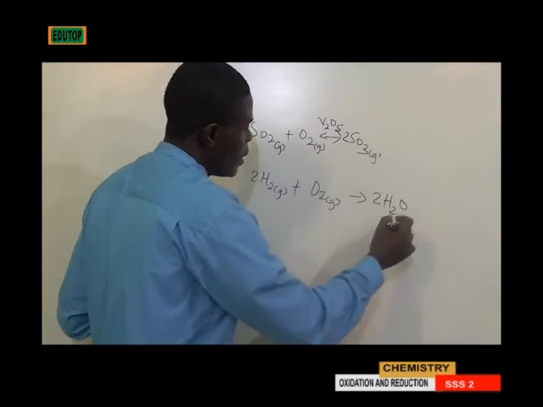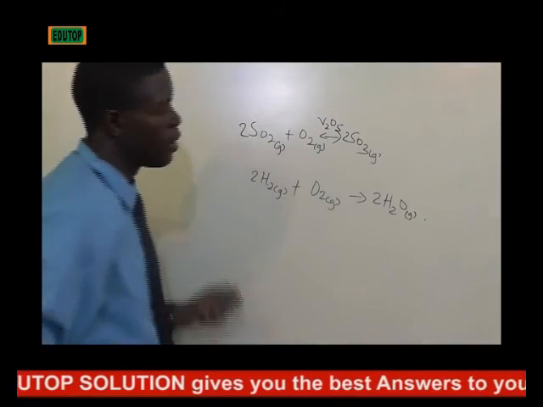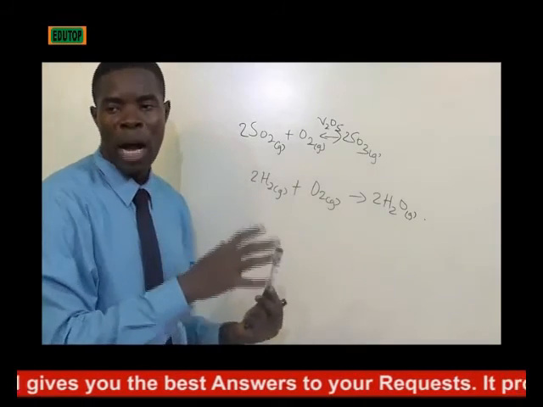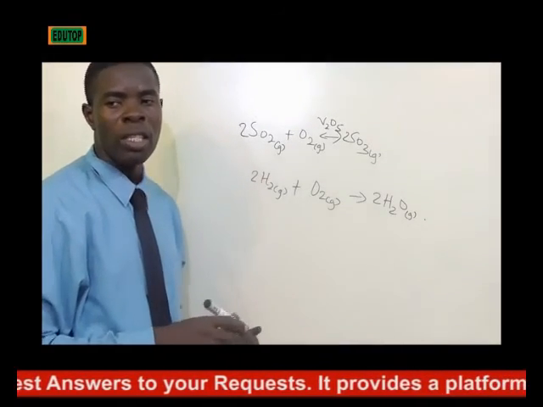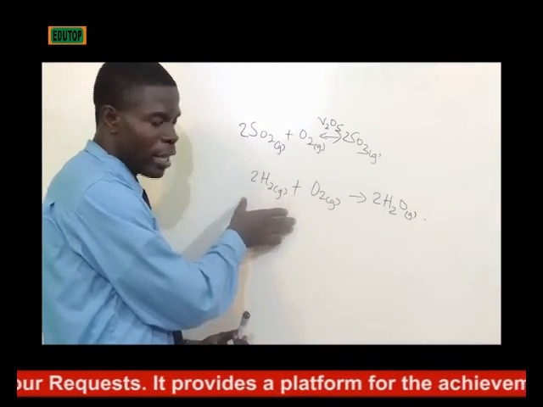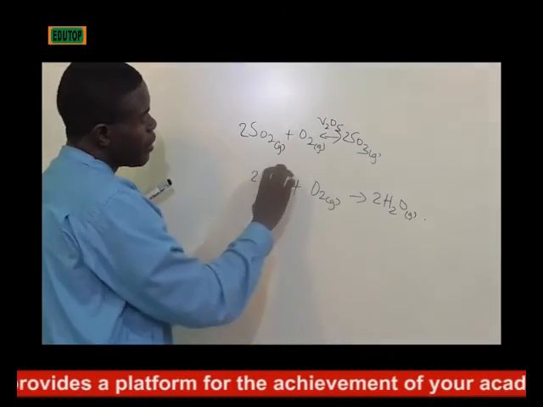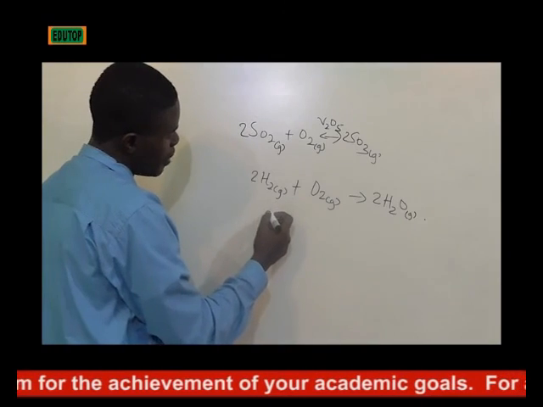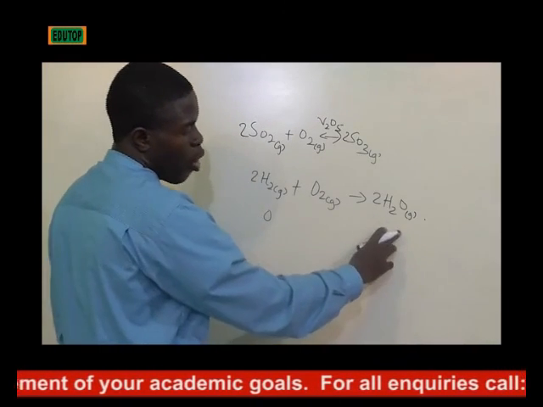In this regard, we are asked to calculate the oxidation number of hydrogen from this state to this state. At this state, since this is a gas, the oxidation number here is 0. Here it is a compound which can